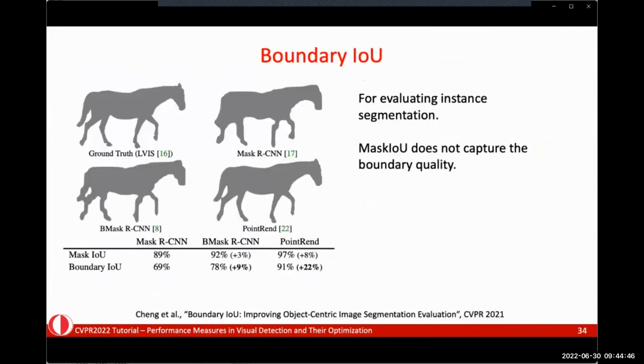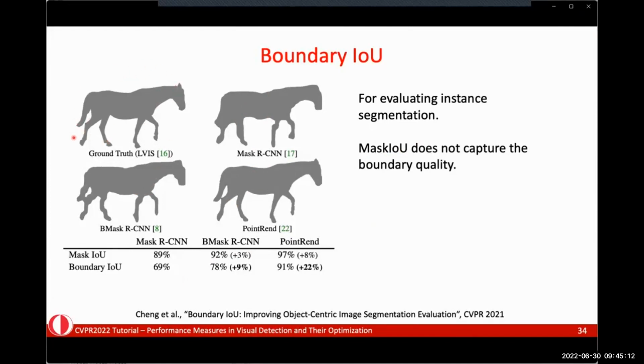The next performance measure is boundary intersection over union. This is a measure that is specifically proposed for segmentation tasks. And here is a motivational figure from the paper. Here we see 3 segmentation results, as shown here, for an object whose ground truth segmentation is given on the